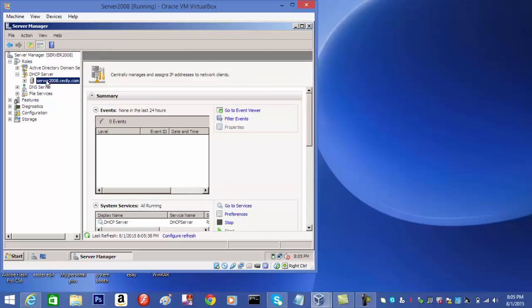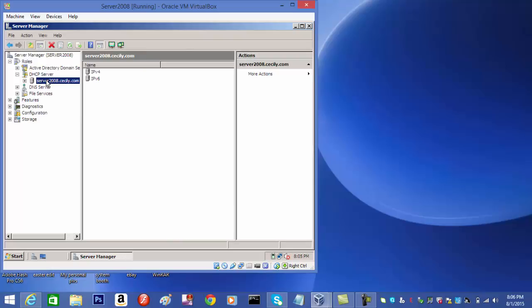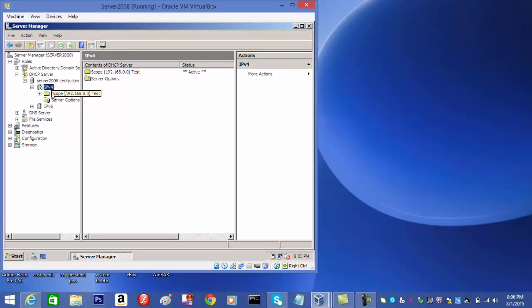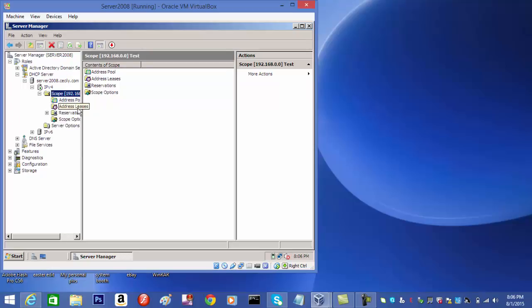Here you see my domain, open, IPv4. Within this, you will see my scope and my server options. You click on my scope, and in the scope,